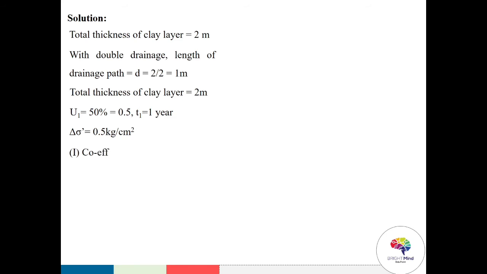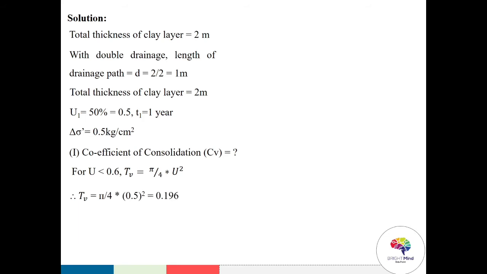So first we'll find out the coefficient of consolidation, CV. Now for degree of consolidation less than 0.6, that is 60%, the time factor is calculated using the following expression, that is pi by 4 into U square, where U is to be put in the form of a fraction. So if I substitute the values accordingly, that is pi by 4 into 0.5 square, the time factor comes out to be